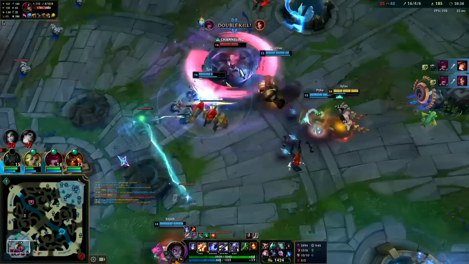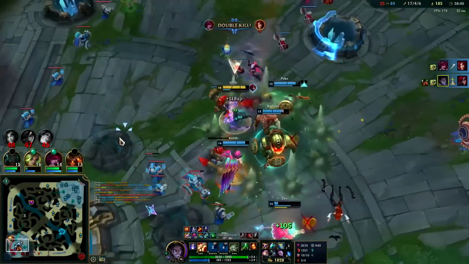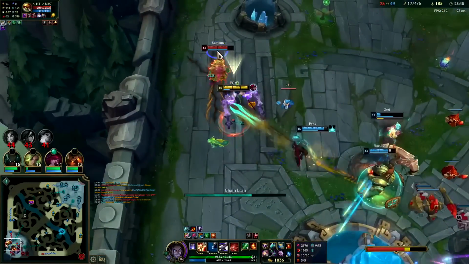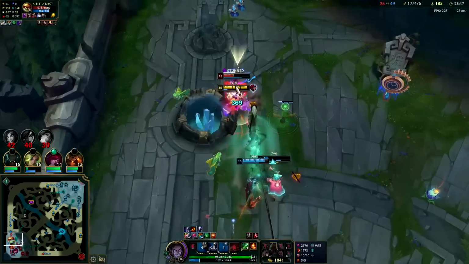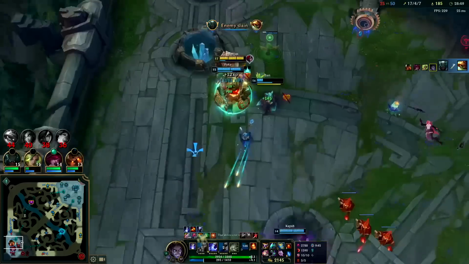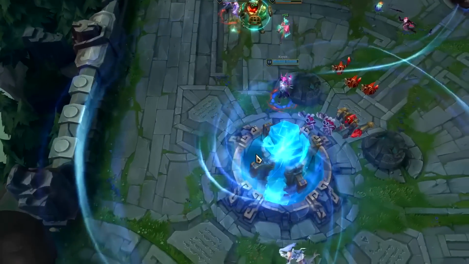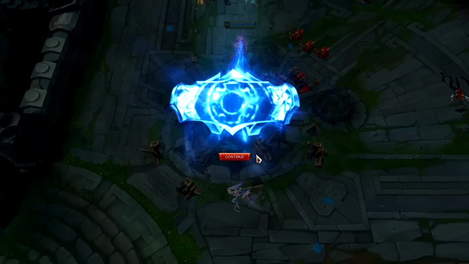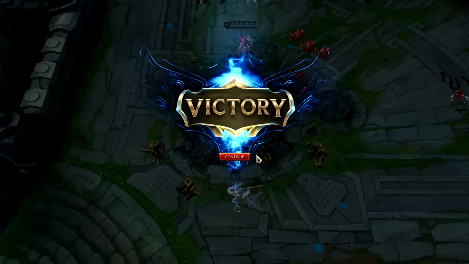That R still hit us. Goodbye, Katarina. Auto E, he lines himself off the wall. Down he goes. We still have the Kata R. And that's GGs, man. Sylas, super scrappy, super fun, but dude, his first clear absolutely blows, and he's decently reliant